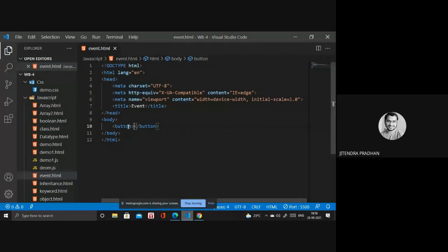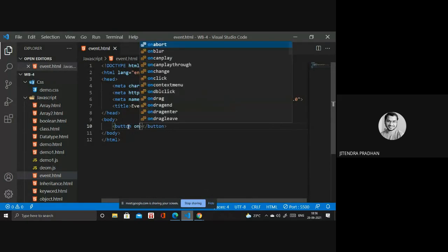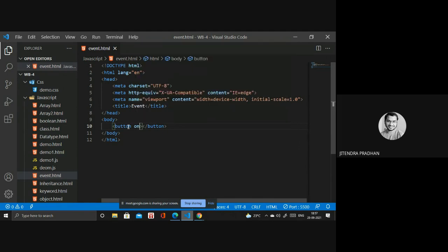I need something on click. On click means the event. There are many events like on blur, on can play, on can play through, on change, on click, on context menu, on double click, on drag, and many more.